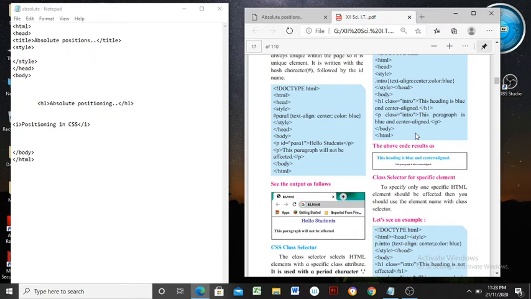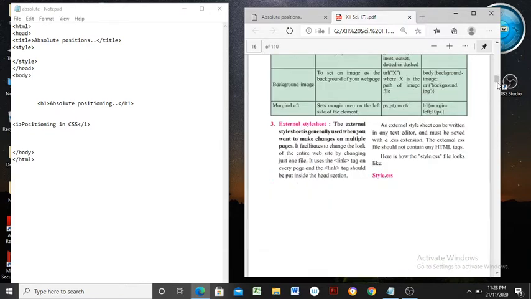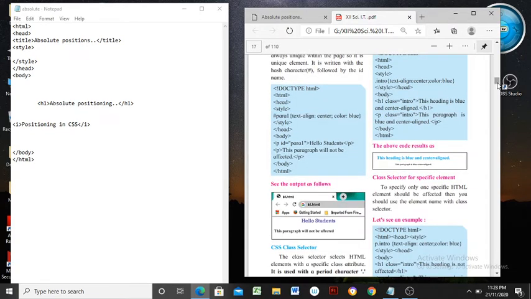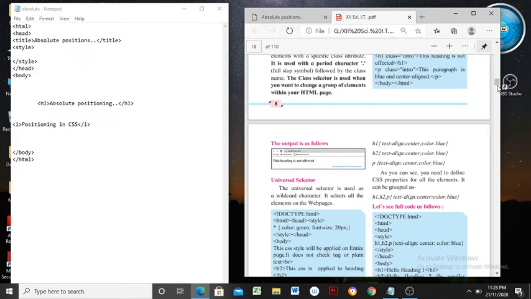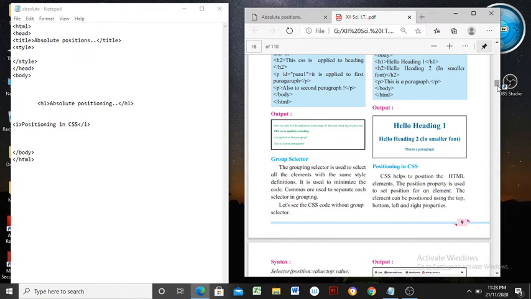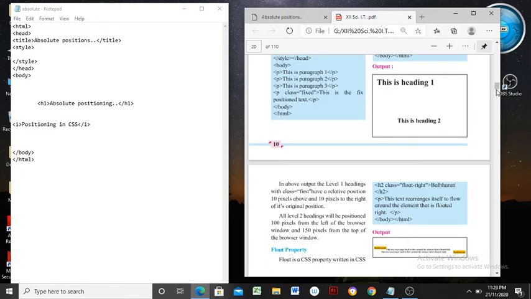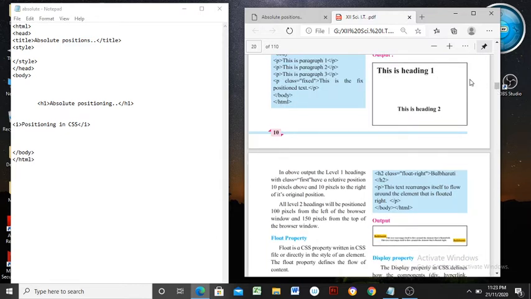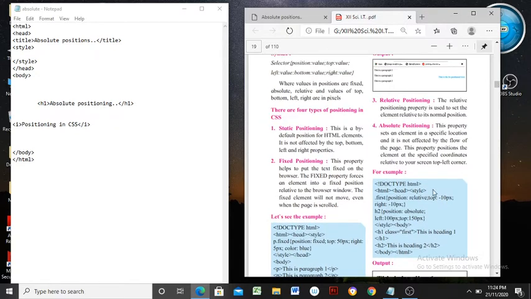See here how it is applicable. We can apply not just the code given in the textbook, but also apply as per your requirement a code, a selector, a property can be designed as per your requirement. It is possible again. So see here, it's the output of such a code. Two statements are here. H1, this is heading level 1. H2, this is heading level 2, in which H2 is affected with absolute position.